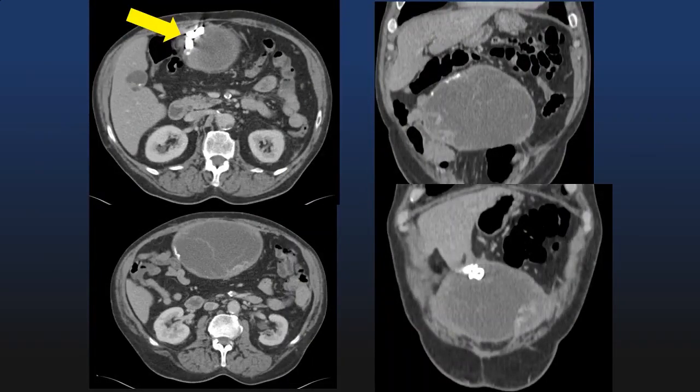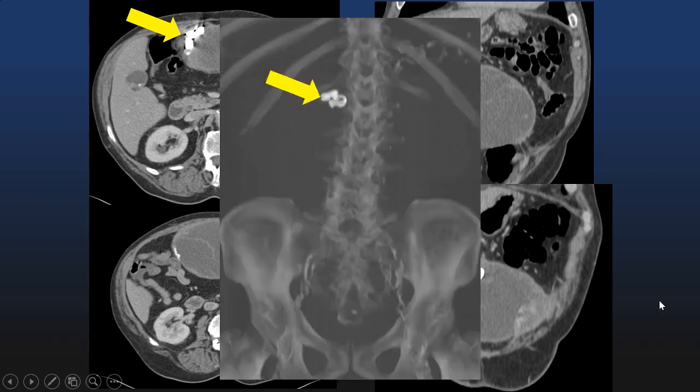Lastly, here's a case of someone with a high-density focus in a peritoneal collection here. That's the key to their diagnosis. Notice this collection is heterogeneous. There are fluid attenuation foci as well as septations. But again, this high-density area is the key to diagnosis. On this MIP image of the abdomen, notice that it has a serpiginous appearance, and this is diagnostic of a